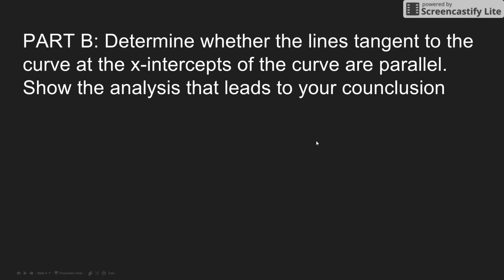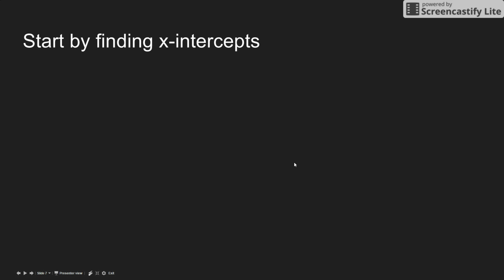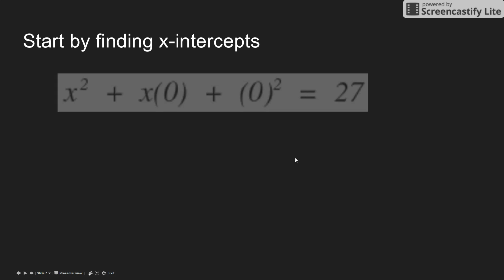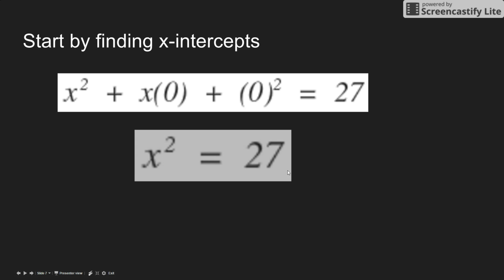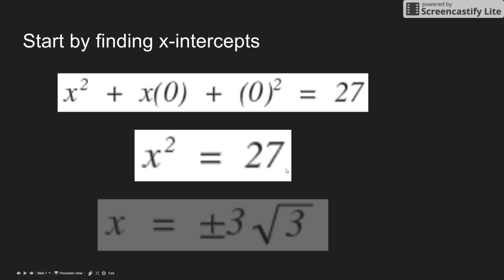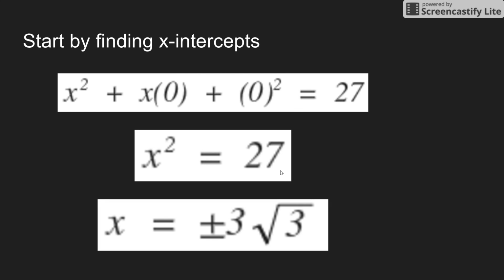Part B, we need to determine whether the lines tangent to the curve at the x-intercepts of the curve are parallel. The first thing we need to do here is to find the x-intercepts. To do that, we plug 0 into y in the equation, and then these cancel out. It's x squared equals 27. From there, you take the square root of both sides, and you get x equals plus or minus 3 radical